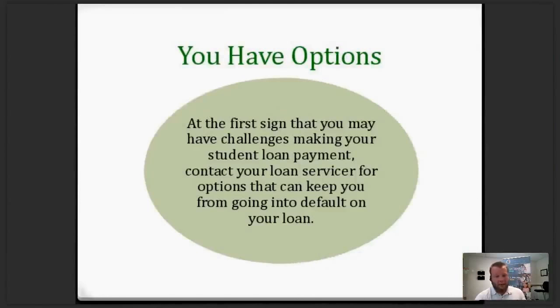You have options. We kind of talked about it. The biggest one that, in most cases, people hear about is rehabilitation. Rehabilitation is awesome, okay? This is specific to federal student loans. If you have not been in rehabilitation before, what we do for our clients is we have a financial statement disclosure filled out. We have to understand your financial status, what's coming in, what's going out, and this is per the Department of Education. They have a list of what expenses are acceptable. They already have a list of what information they need. We have to fill that out with you as our client to get an understanding of what's going on, and it also has to be provided to the collection company servicing the defaulted student loan debt.